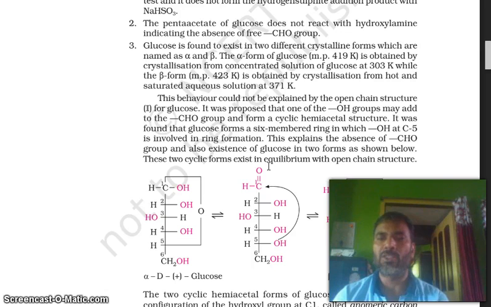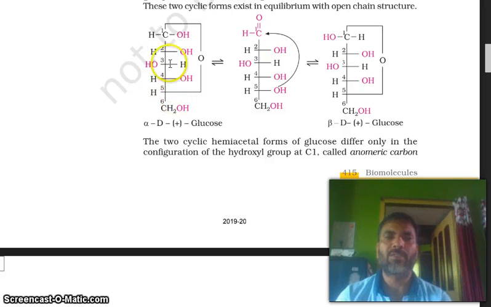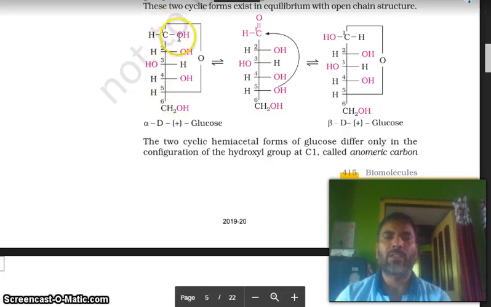cyclic hemiacetal structure. It was found that glucose forms a 6-member ring in which the OH at carbon 5 is involved in the ring formation. So look at here, this is the fifth carbon, and there is no aldehyde group. So this is alpha D glucose and this is beta D glucose. This OH group is